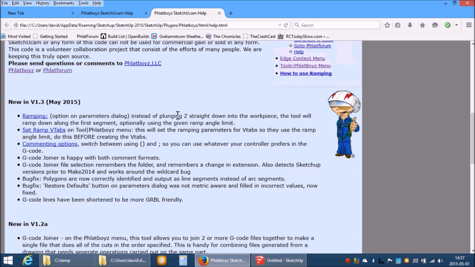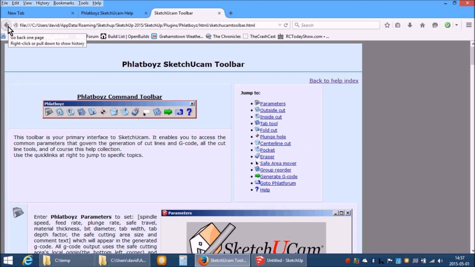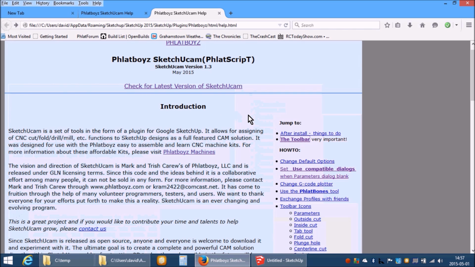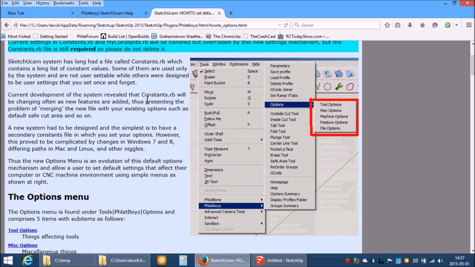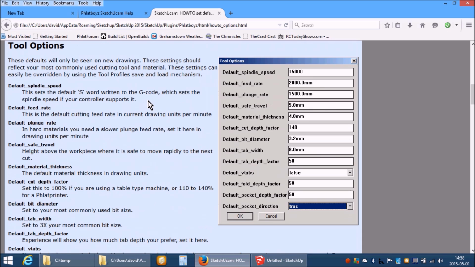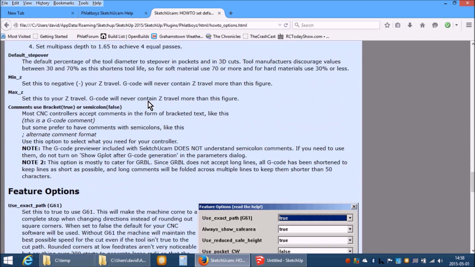The front page of the help tells you what's new in each version. 1.3 has the major addition of ramping, commenting options, and a few other things to make it more Gribble friendly. The primary thing that you need to read through is this one, what the things are on the toolbar, how they work and what they do. And the other thing you want to have a close look at is changing default options. The options menu completely replaces the constants.rb and myconstants.rb mechanisms for selecting default options. You can now do it entirely from within the program